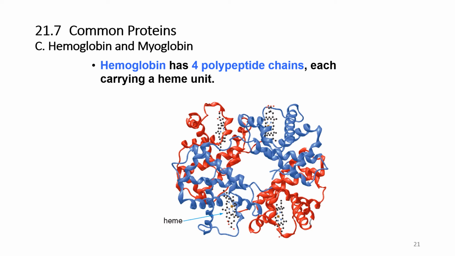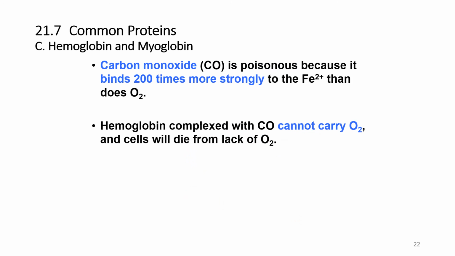Hemoglobin, as I've said, has 4 polypeptide chains, 2 alphas and 2 betas, and thus those 4 heme groups, 1 in each of those subunits. And of course, whereas myoglobin has only tertiary structure, hemoglobin has quaternary structure. So the heme group in either hemoglobin or myoglobin, but let's focus on hemoglobin, has a particular affinity for oxygen. And it binds oxygen with what we call a cooperative effect. So once one oxygen binds to a heme group in one of the subunits, the other heme regions have a higher affinity for oxygen and bind